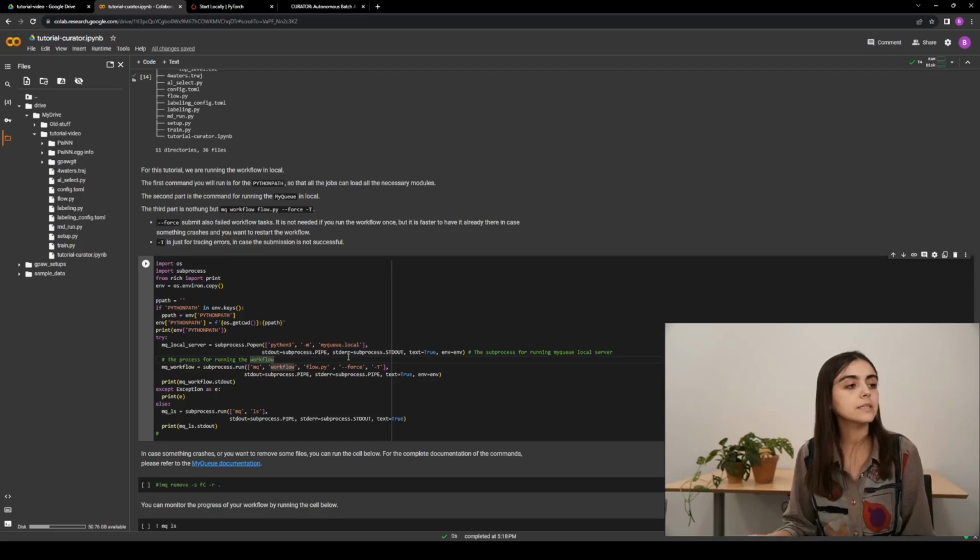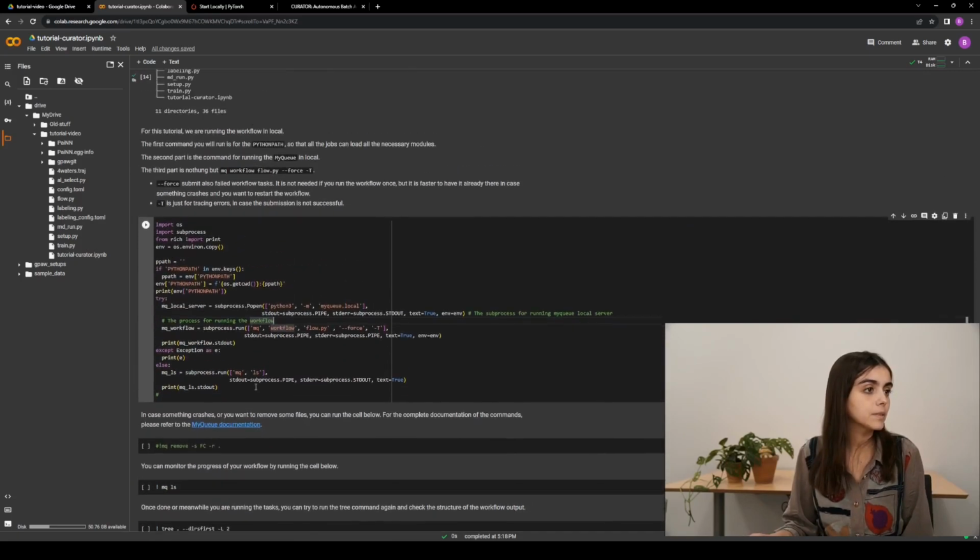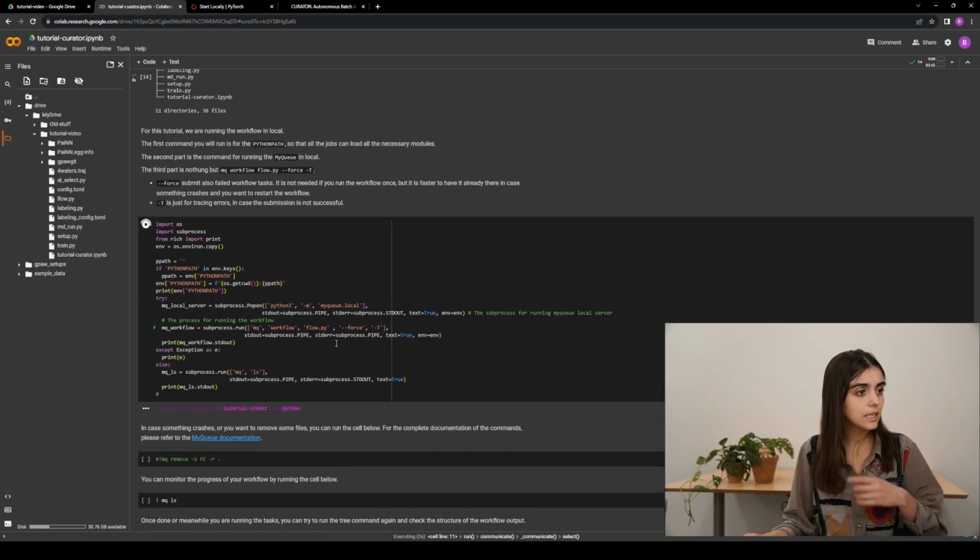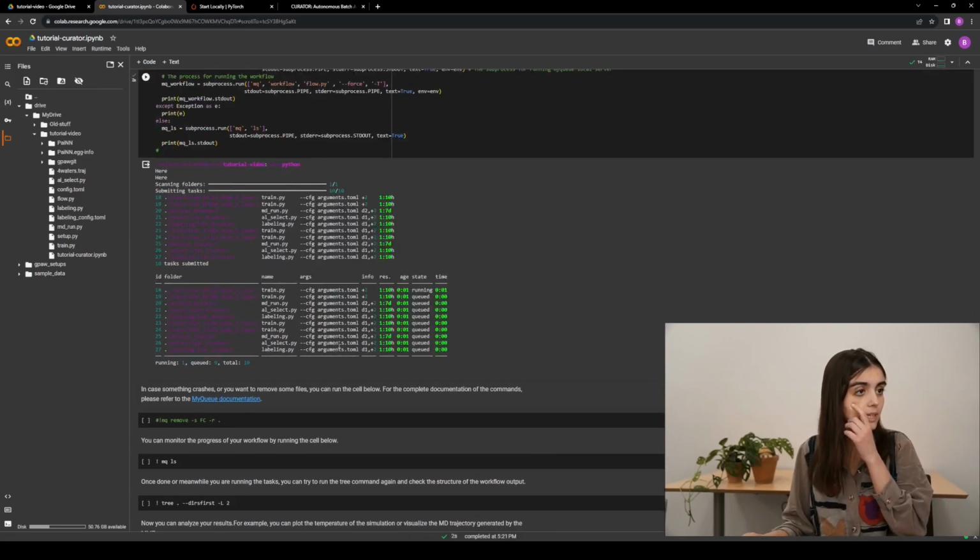Then there is the proper command for the workflow, which is myq command workflow run flow.py, and this is with force -t. I will explain in a minute what this means. Okay, so then let's run, and it will tell us, yeah,